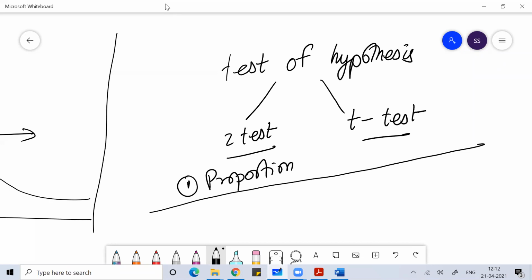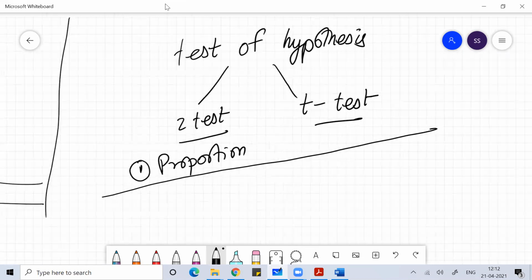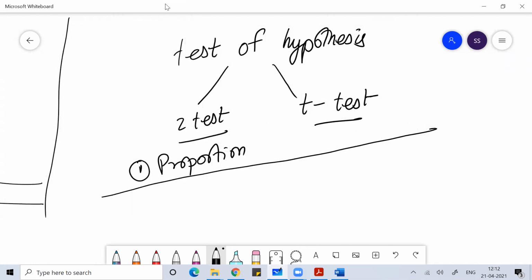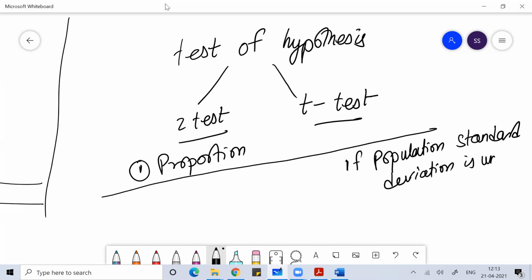So whenever there's a problem on mean and you are getting confused with that context, what you can do is check: if the population standard deviation is unknown, if you see that the population standard deviation is not given in the problem,